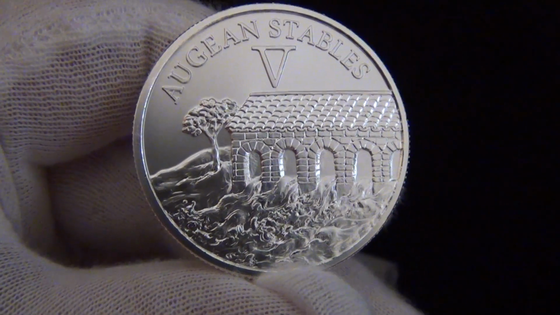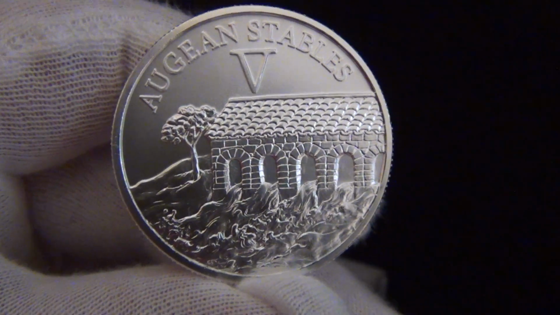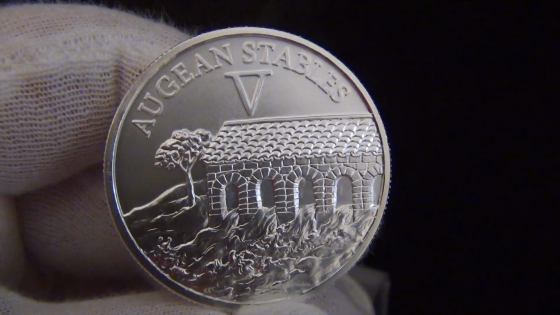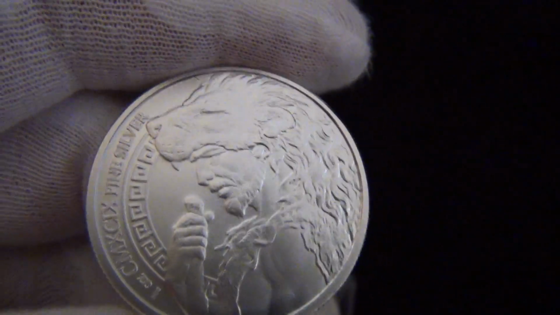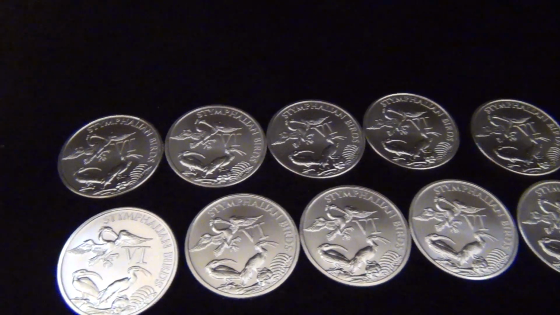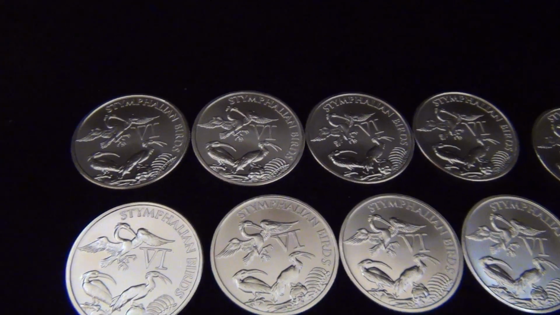So this is the labor of Hercules where he had to clean out a stable or whatever. But I guess compared to what he had to do, they didn't have much to go on. And just like all the other coins, it's just going to be Hercules on the back. And then the 6th coin in the series is the, what is it, Stymphalian Birds,